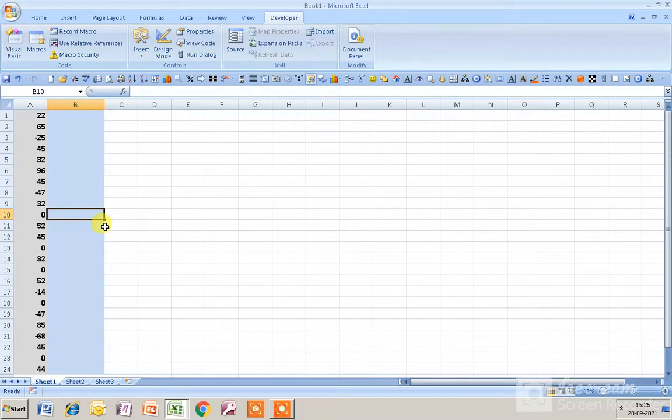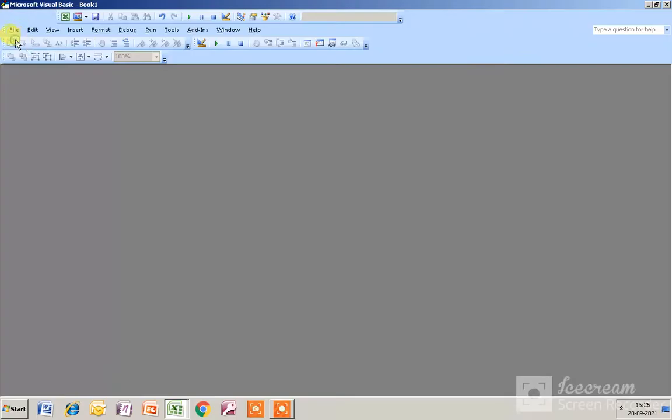To create this, first of all I have to go to the Developer tab and Visual Basic, and I have to insert a module.